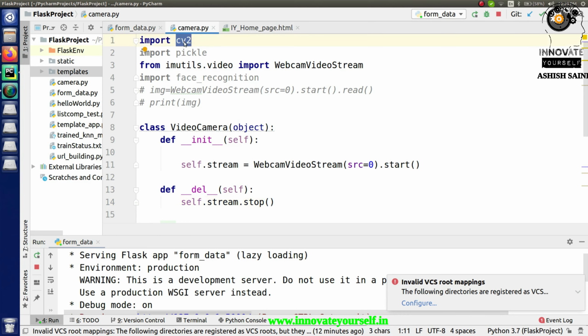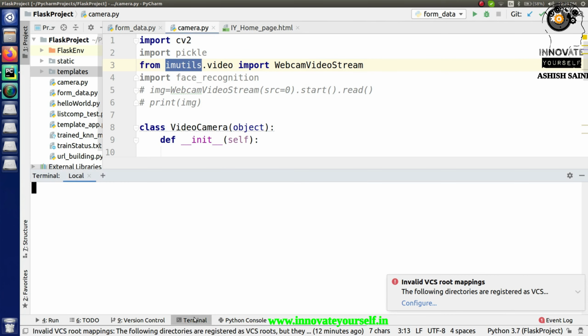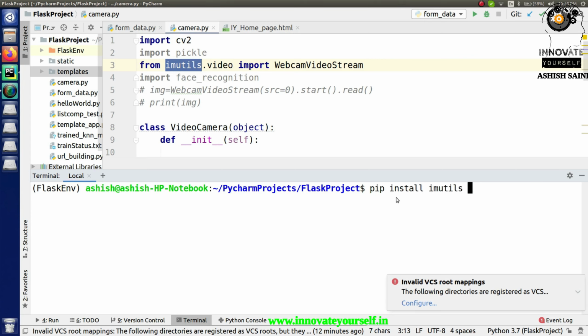The two packages are OpenCV and imutils. You need to install both of them on your system, or on the environment in which you are working right now. To install them, you have to type two commands. The first one is pip install imutils, and the second one is pip install opencv-python.